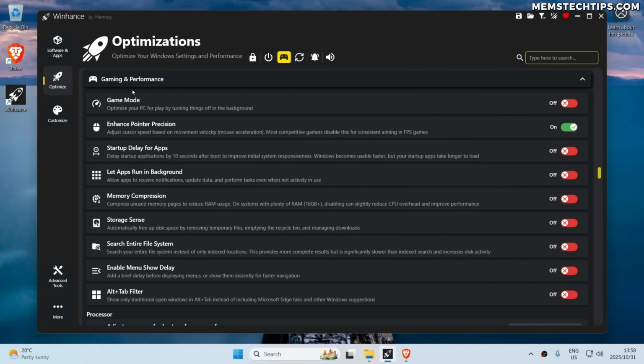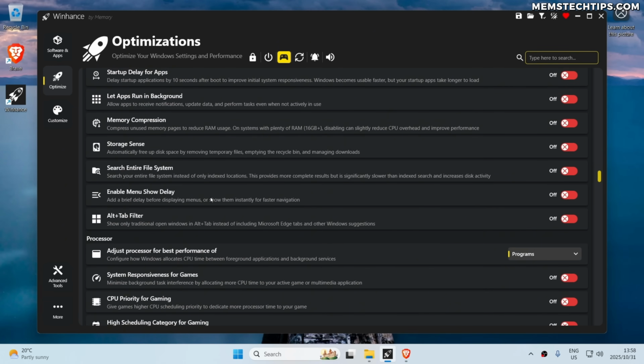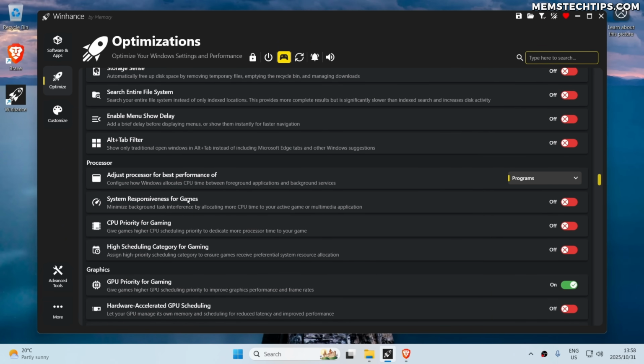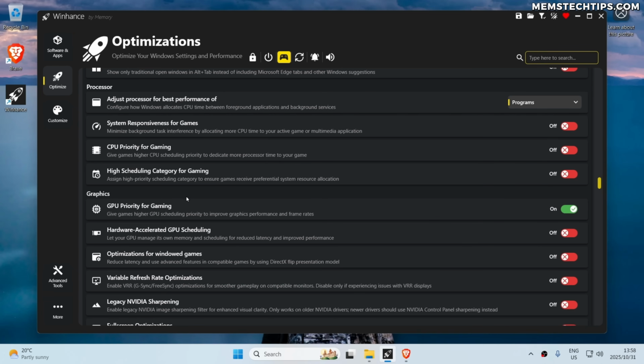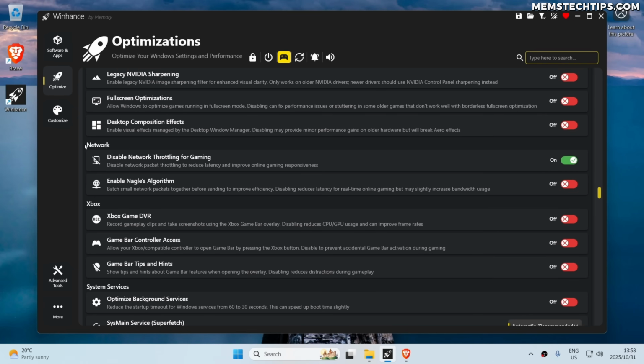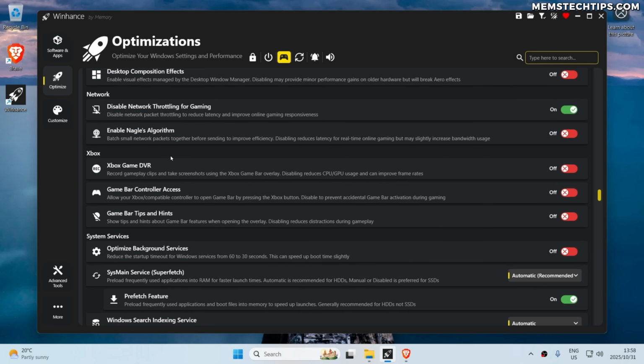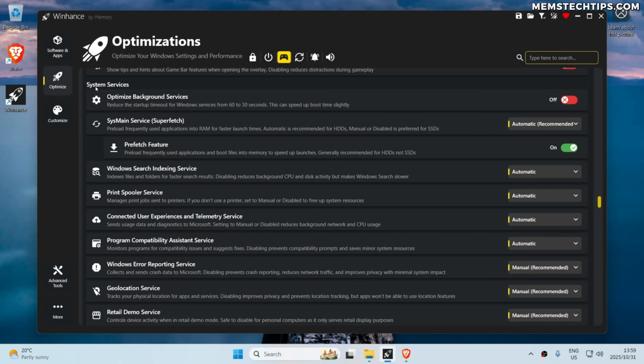Now next we can move on to the gaming and performance section. You can toggle the game mode in Windows on and off. You can disable the mouse acceleration, and you've got a bunch of settings related to gaming and speeding up the performance of your computer. It's got different categories like processor, graphics, network, Xbox related stuff, and then system